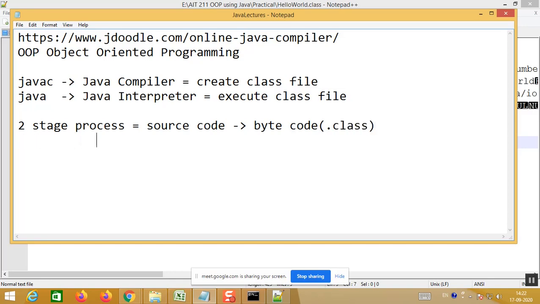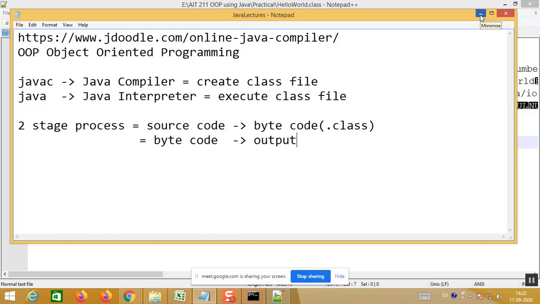And then you execute this bytecode using the Java interpreter, and you will get the output. Clear up to this? Two points we have covered.